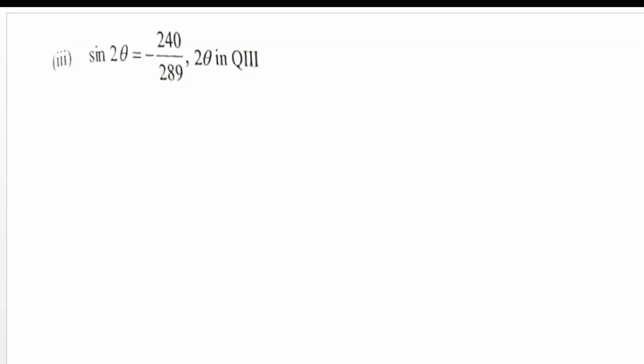Okay, the next question is in front of us. The third part of that question, question 5, that we are solving. Here, sine 2 theta is given. 2 theta is in the third quadrant. We know that in the third quadrant, sine is negative. So here negative is given already. So now we are going to find